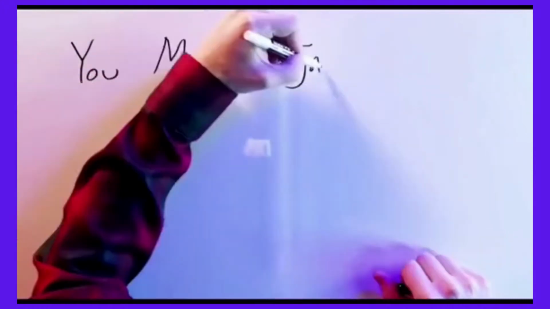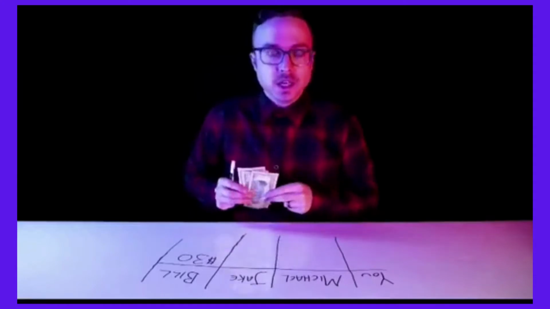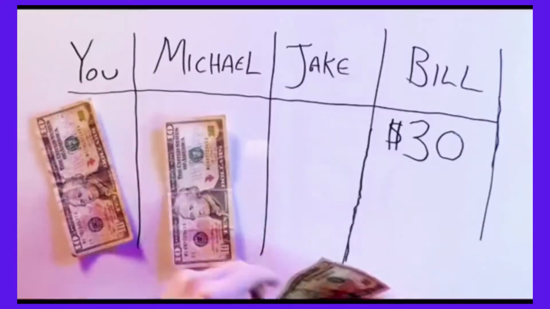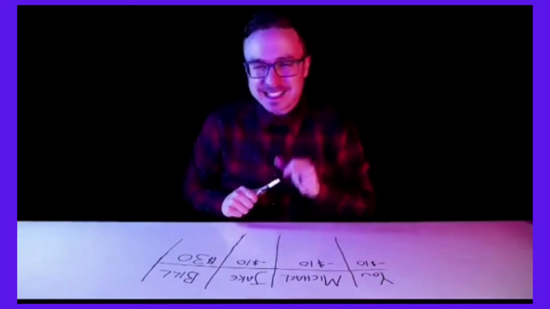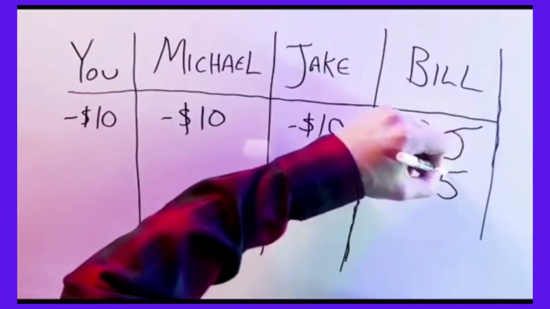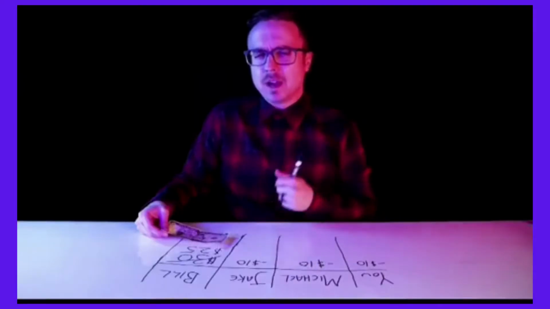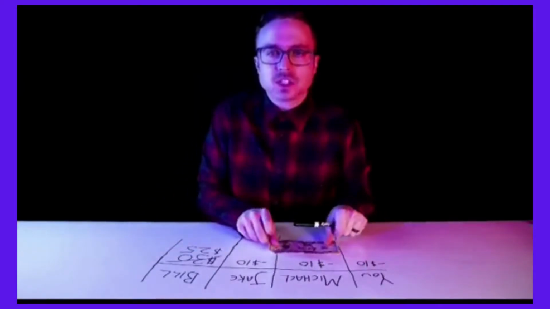You and your friends Michael and Jake went out to lunch and split the $30 bill evenly. You paid $10 each. But the server accidentally overcharged you and the bill should have been only $25. So she gives the busboy your $5 refund, but he can't figure out how to evenly divide it amongst 3